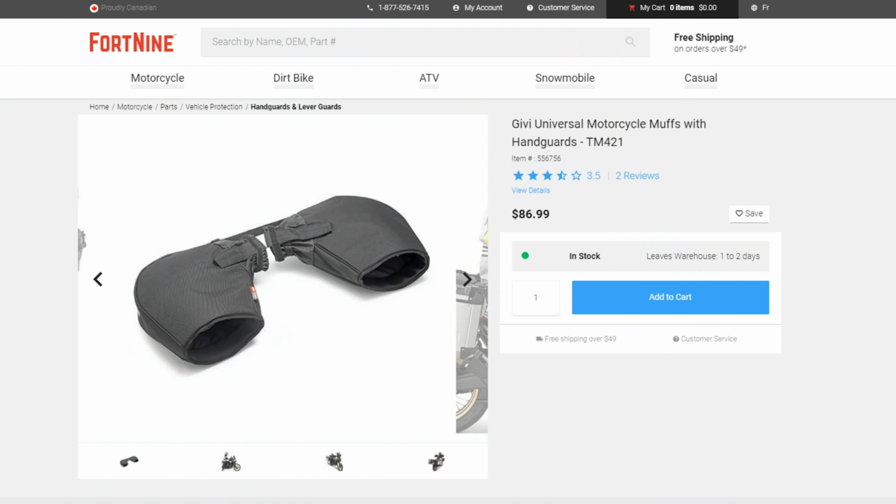The muffs that I recommend are the Givi Universal muffs. I've used those on my Zero FX, my Suron, and the Kawasaki Vulcan S. It fit, so the universal fitment does work. I don't even think you really need hand guards to make these work. My Kawasaki Vulcan doesn't have hand guards, but it doesn't get in the way of any of the controls. They don't slope down. So really good muffs. They work fine. There's tons of muffs on the market, so you can go with anything you want, but